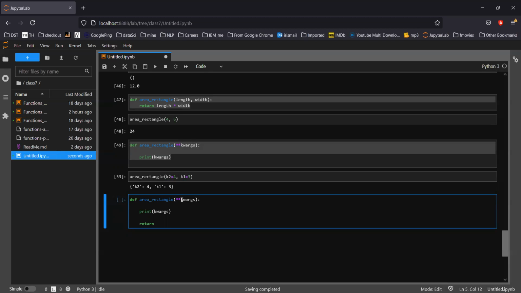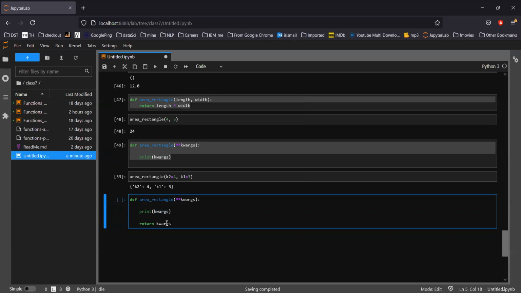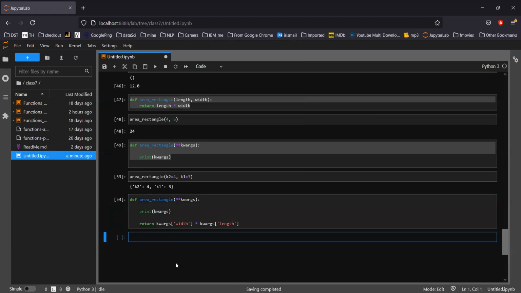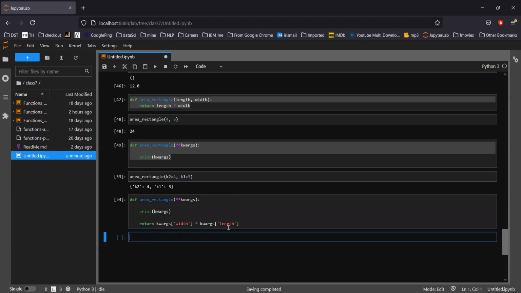Return, and this is actually a dictionary, so I can pick from the dictionary based on the key. Pick width from this input and pick length from this input, multiply it and return me the result.